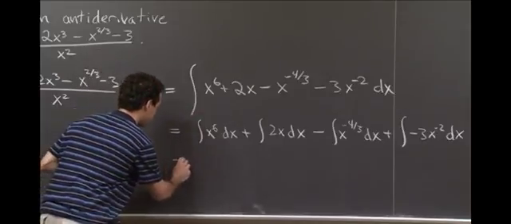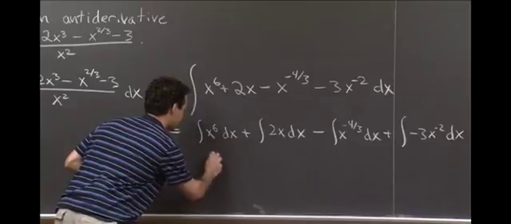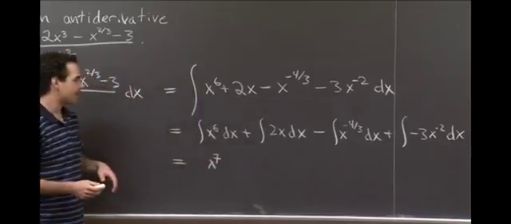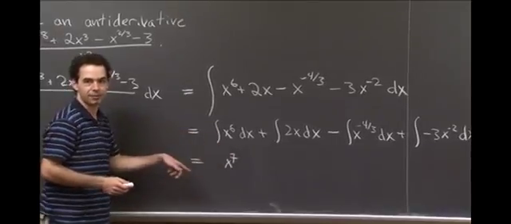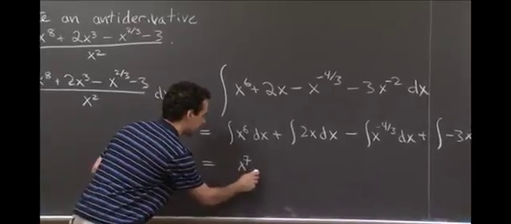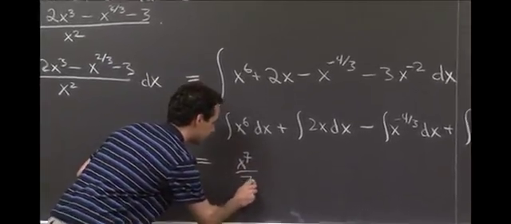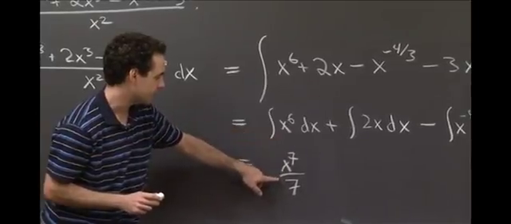So in this case, you're going to get x to the 7th. And now when you differentiate x to the 7th, a 7 comes down in front, right? You get 7x to the 6th. So in order to get just x to the 6th, we have to also divide by that 7 there. So for x to the 6th, the antiderivative is x to the 7th